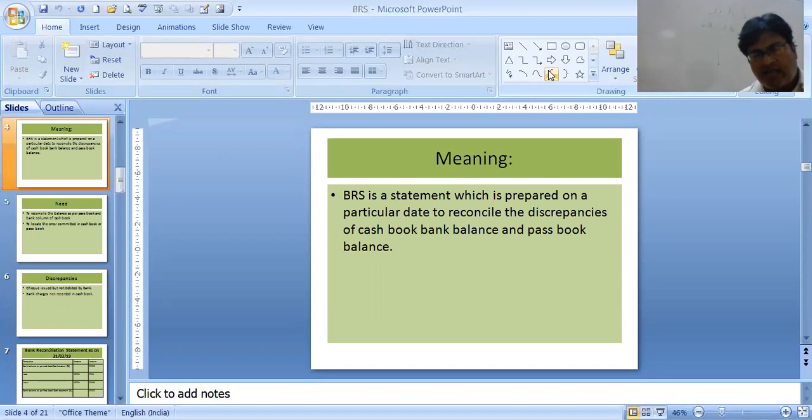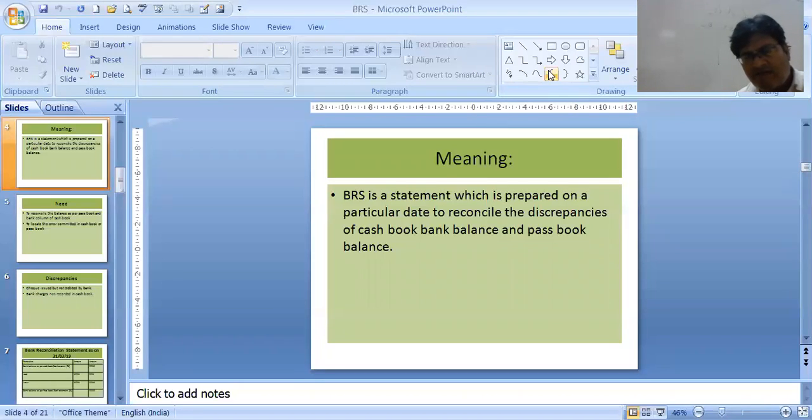It is not reconciling with the cash book bank column's balance. It is showing that I have 2000 rupees in my bank, but when I am going to update my passbook on that particular date, then passbook is showing only 1500 as having balance, that is credit balance. Our debit balance means bank's credit balance. Bank credit balance means we have some money in the bank. It is only 1500, 500 rupees missing. Bank has a lesser value of 500 rupees.